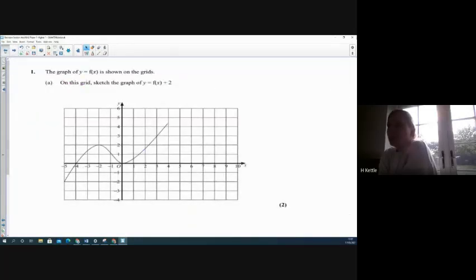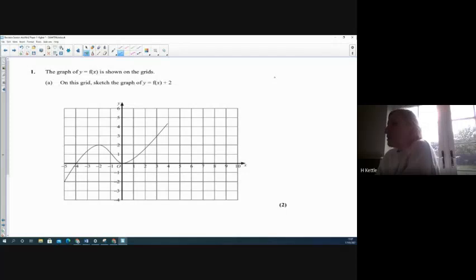Okay, transformations of functions. So the graph of y equals f of x is shown on the grid. Now, f of x is just a function of x. So they've drawn something on the graph. They're calling it a function, and we're going to do something to it. Now, if you're given y equals f of x add 2,